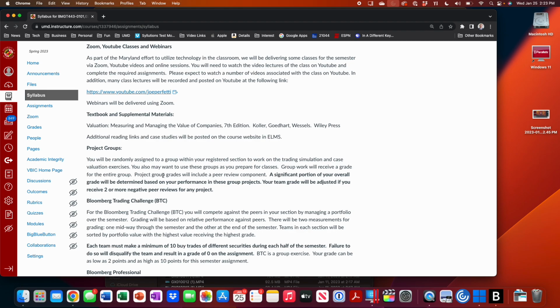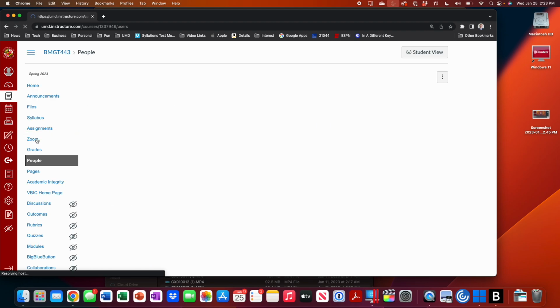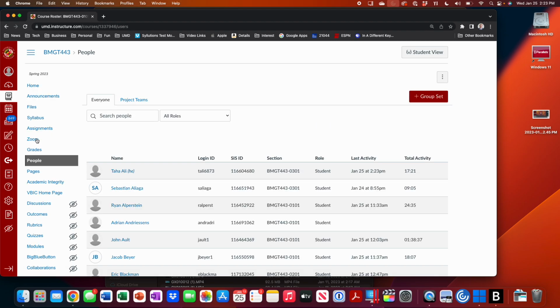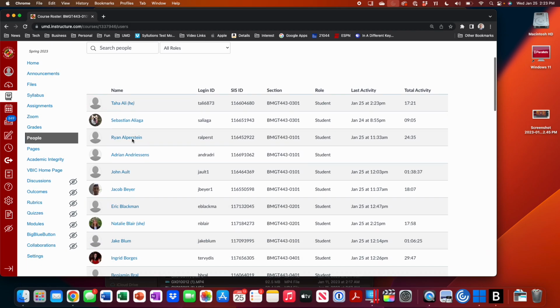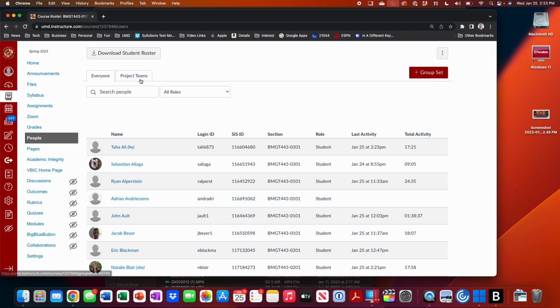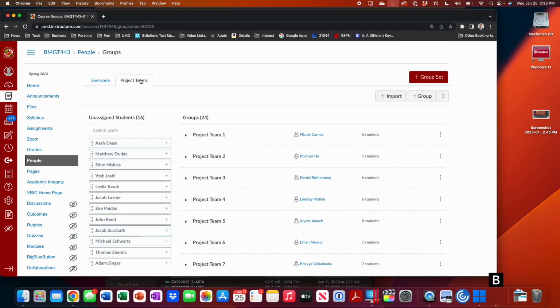Okay. Again, groups were already created. Half your grade is in groups. Every group will have a peer review, so it's very important that you equally participate in every group project. Back to the groups, if you go to people, you had a few people add the class recently. I think they were clearing some of the wait list. But generally, if you're not one of these 12 people, under project teams, you've been assigned to a team. There are 6 teams per section, 7 to 8 people per team. So my first thing is go to Elms sometime in the next couple days, go to the people tab, figure out what team you're on.